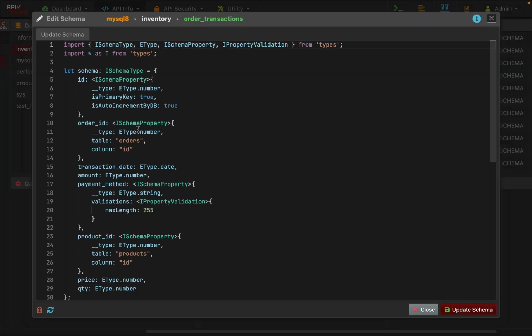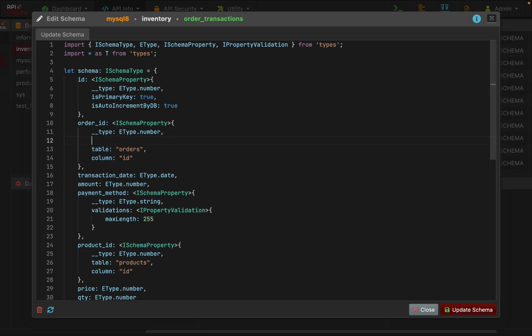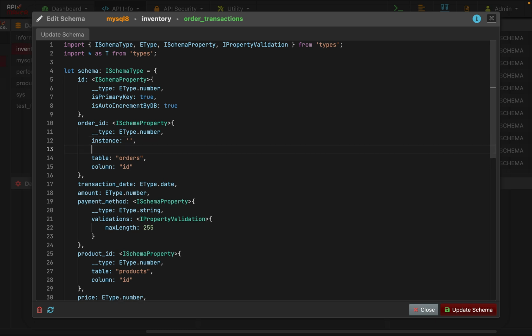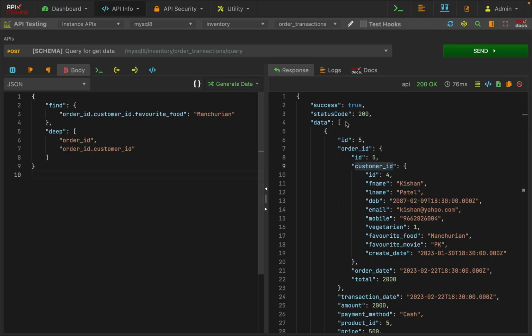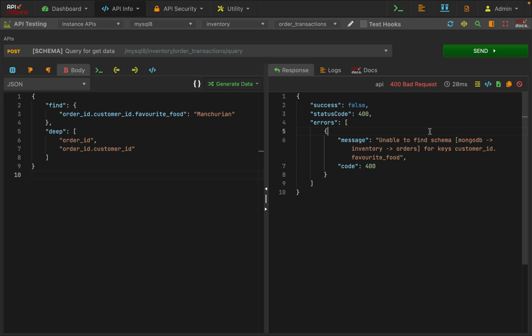We'll click on this icon, and in this order ID, right now table and column are from orders and ID. We'll add instance, we'll add database, and table and column are there. Instance will be MongoDB and database will be inventory. Update the schema. Let's go back, hit, and we got this error